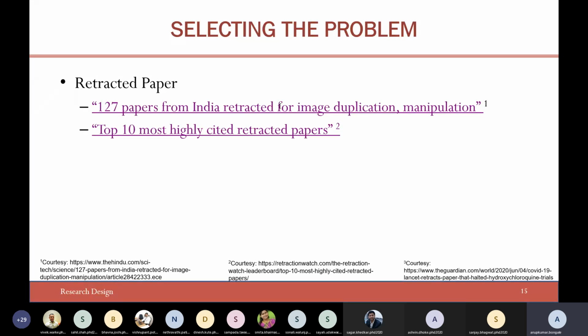I'll come to the controversial area also, but you can take a look at this. I'm not sure what the area of this paper is, but just look at the headings over there. These are the journals which are indexed in Web of Science, and the year of retraction, right? Year of retraction is 2018. Now look at when the paper was published. It was in 2013, right? And the year when the paper has been taken off from the journal is 2018.